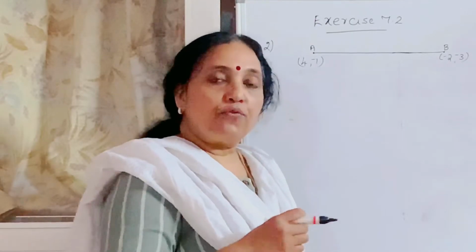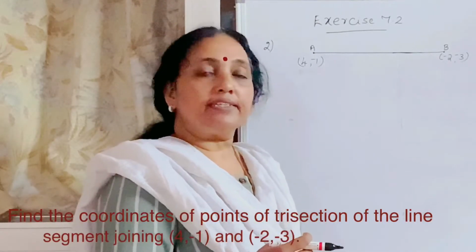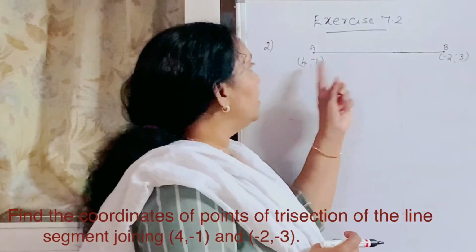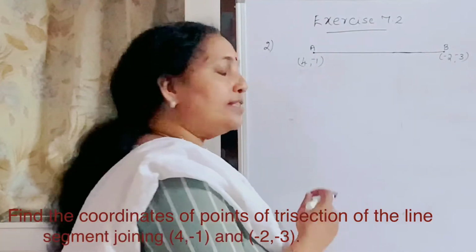Second question, find the coordinates of the points of trisection of the line joining these 2 points. So trisection means